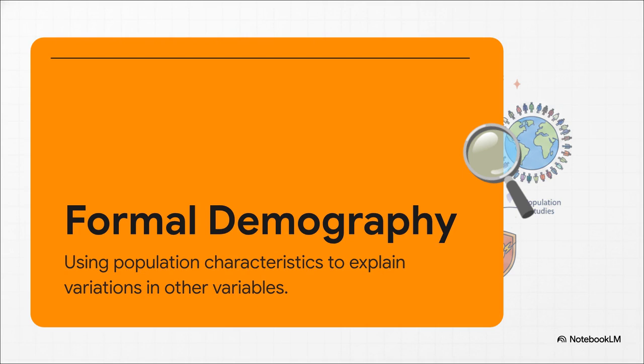But we actually need to break this down a bit further into two distinct camps. First up is formal demography, which is also known as demographic analysis. Now, think of this as a closed system. Everything is strictly internal. One demographic trait acts as the independent variable, and that directly drives variations in another demographic trait, the dependent variable. In formal demography, absolutely no outside social forces are considered, just the raw population numbers interacting